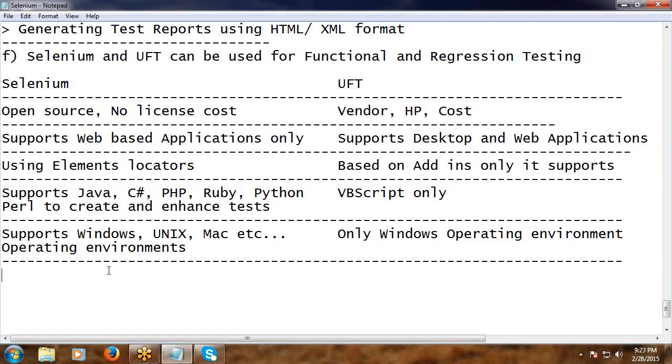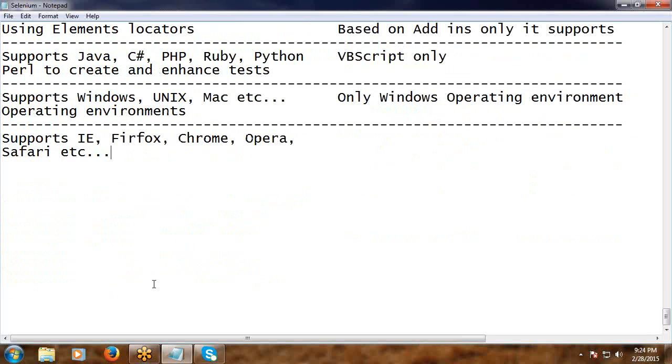It supports various browsers: IE, Firefox, Chrome, Opera, Safari, etc. UFT, Sridevi, UFT supports